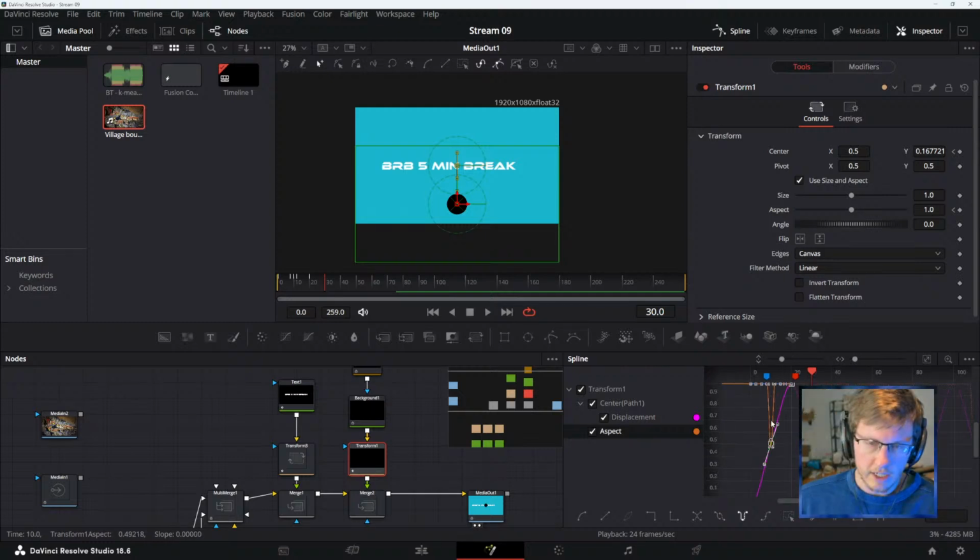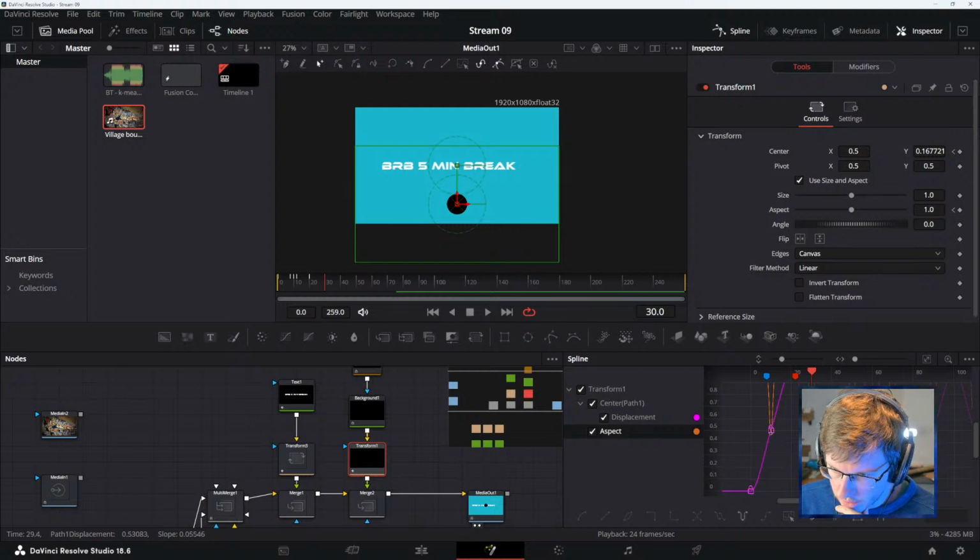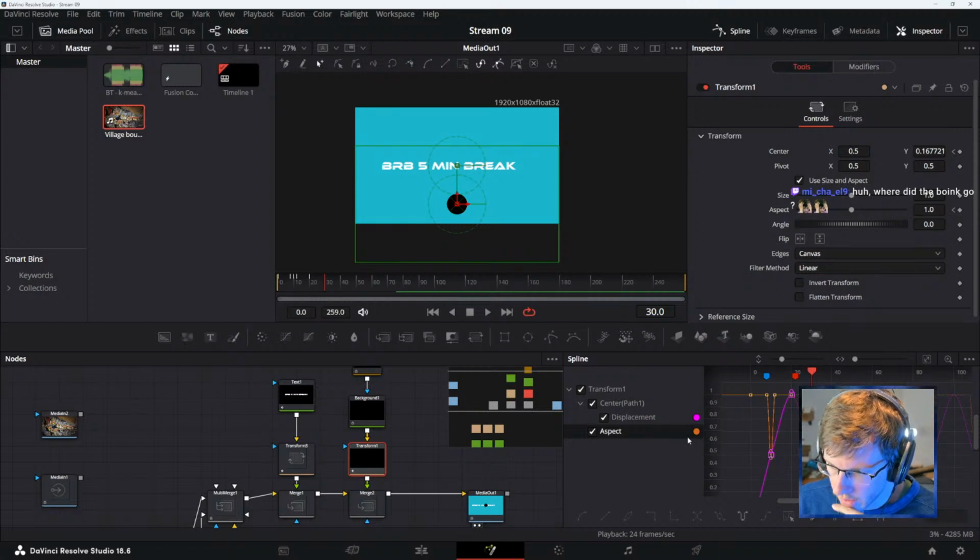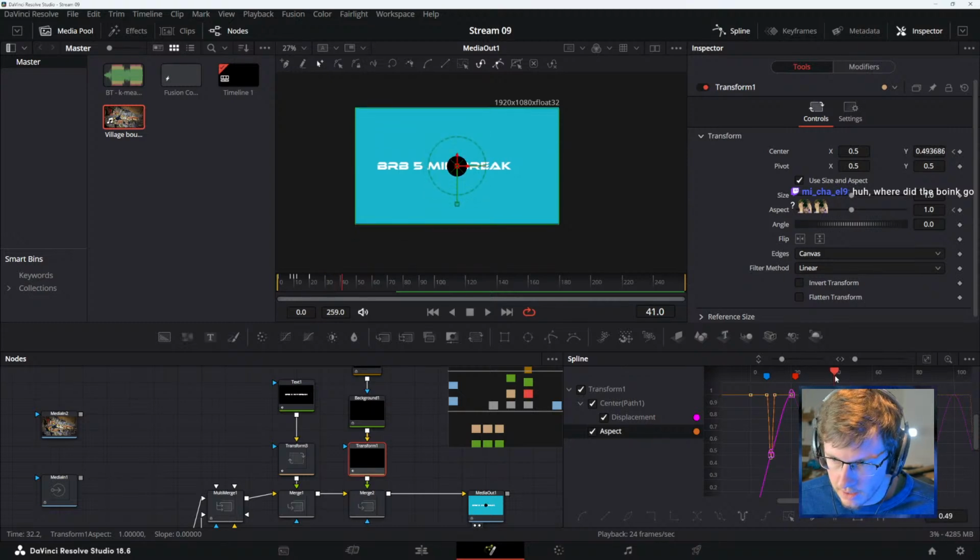We should be seeing a boink. In the aspect, it's right there, we see the line. Where did the other boink go? Why isn't it boinking? It's only boinking on the way up though, for some reason.